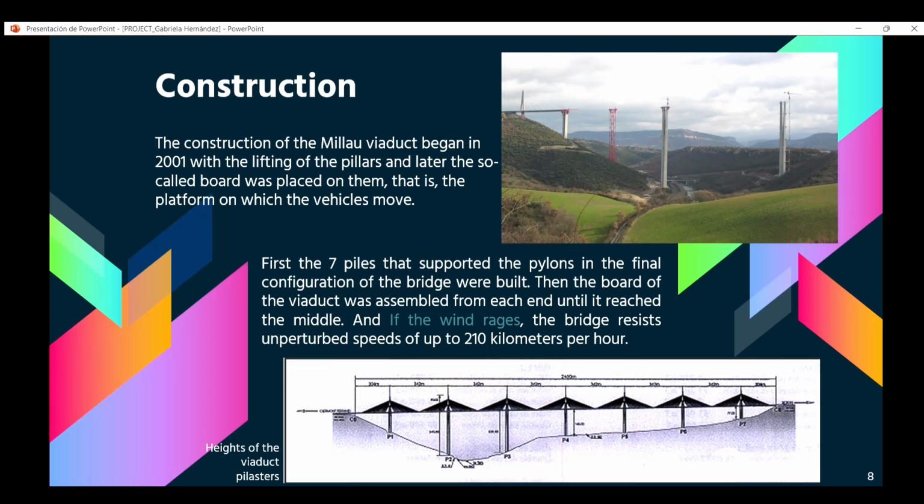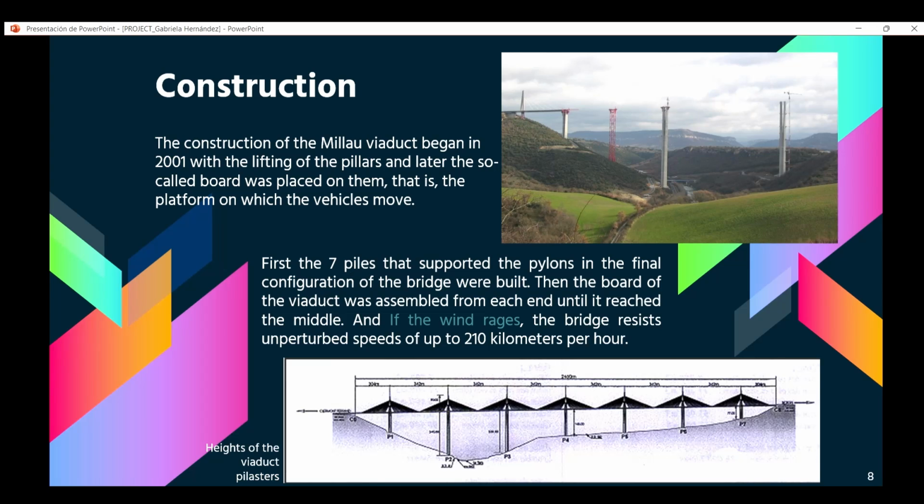The construction of the Millau Viaduct began in 2001 with the lifting of the pillars, and later the so-called board was placed on them. That is, the platform on which the vehicles move. First, the 7 piles that supported the pylons in the final configuration of the bridge were built. Then the board of the viaduct was assembled from each end until it reached the middle,